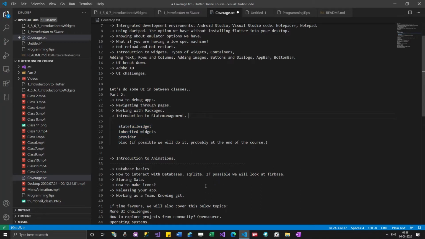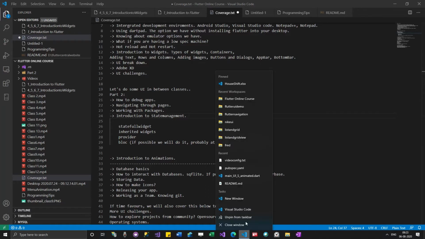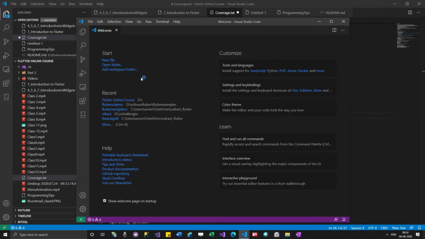So what I'm going to do now is create a project. So far I have created some UI demo, right? Now we are not going to go for UI. We are going to do a different project, a state management project. So I'm going to create a new project.